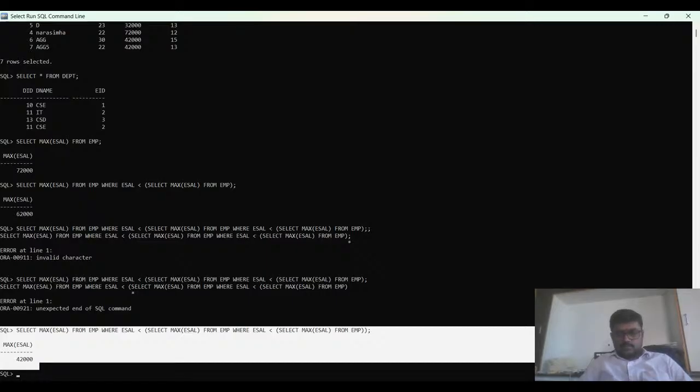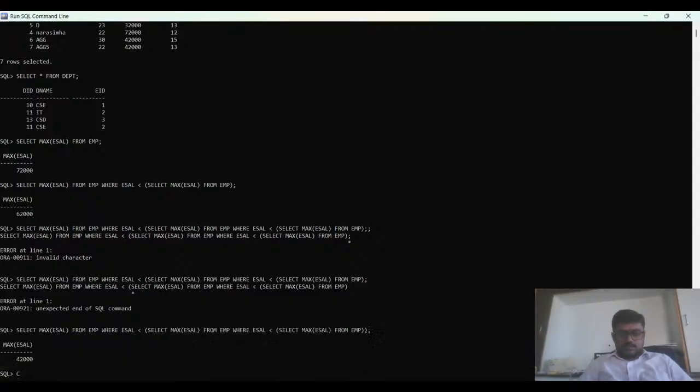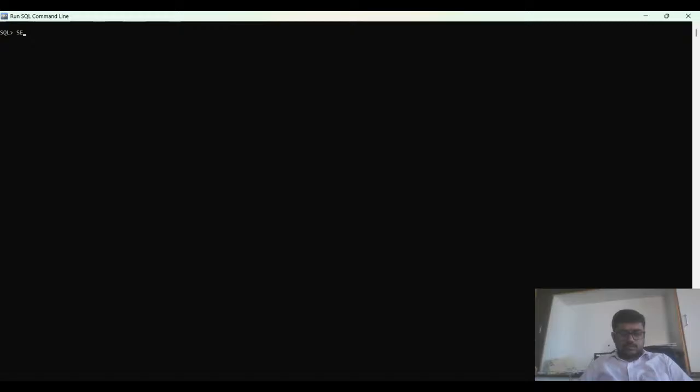But our question is to find the names of employees who earn the third highest salary from the employee table and also print the employee name. In case multiple employees have the same third highest salary, include all of them. So then we have to print the name also. Then select e.name, e.salary from EMP where e.salary is equal to